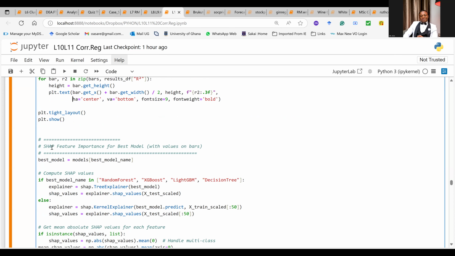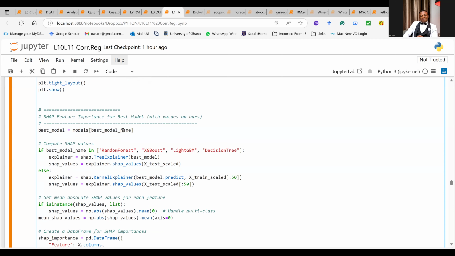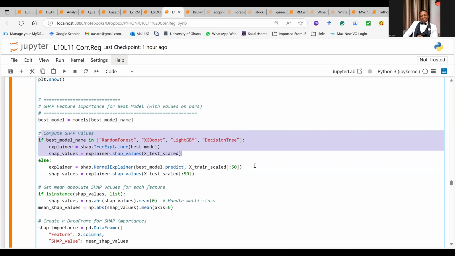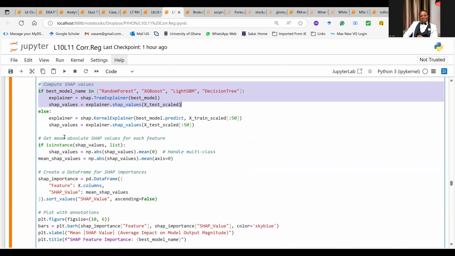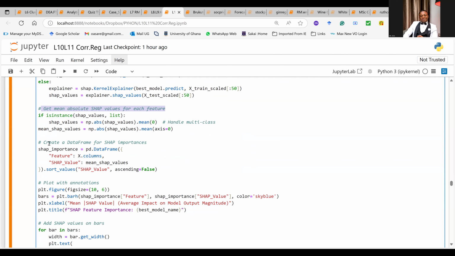Finally, for the Shapley additive explanation for the feature importance, pick the best model once again. But I don't know which model is the best. If it is based on random forest or XGBoost, pick the best from that and use it to draw the Shapley additive explanation graph. Also, don't just draw the graph, get the mean absolute value for each feature, and then create feature importance for each of the features.